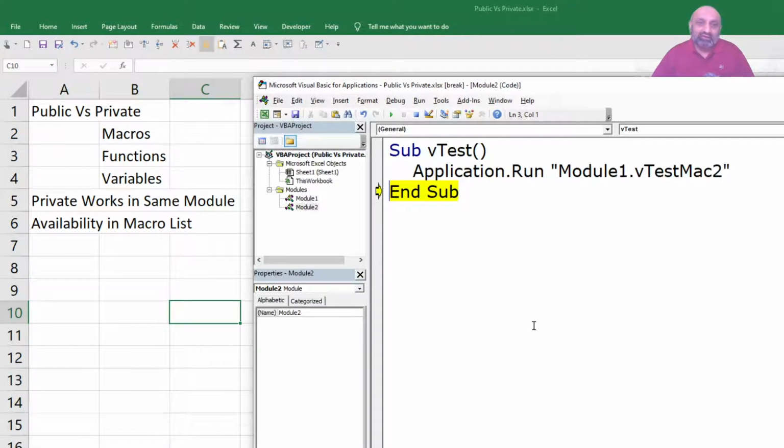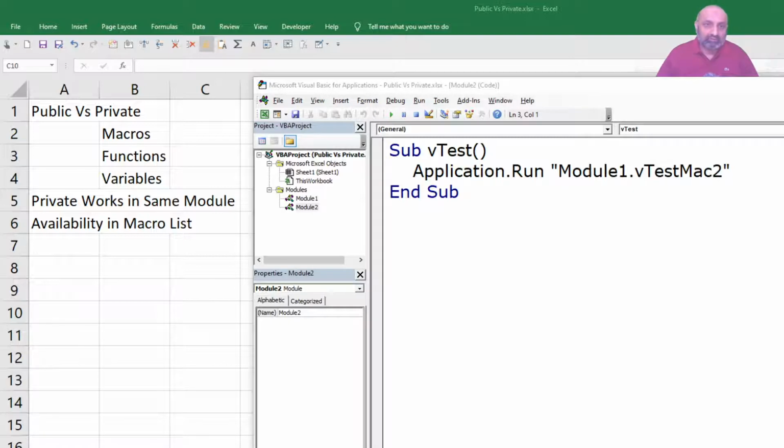Generally private macros cannot be called, but if you want to call them, you have to give the full address, full location with reference to the module name, and you have to use Application.Run.